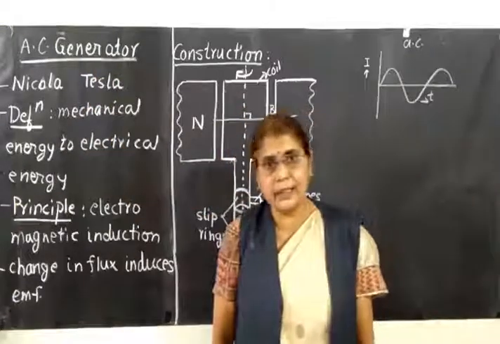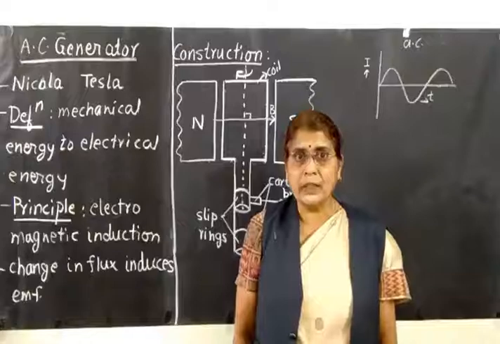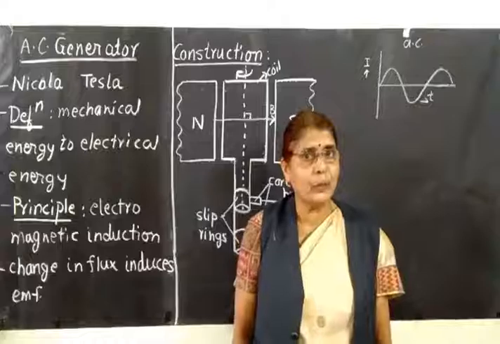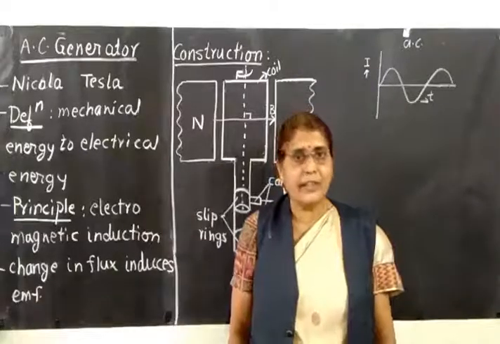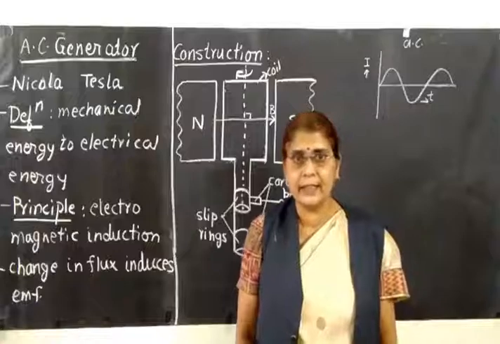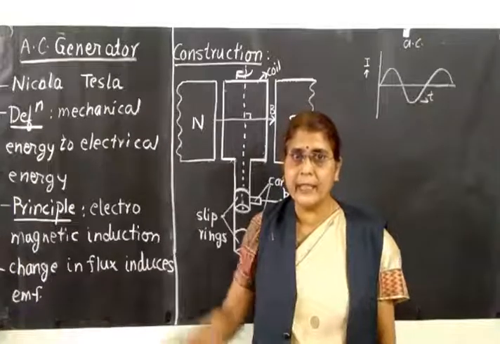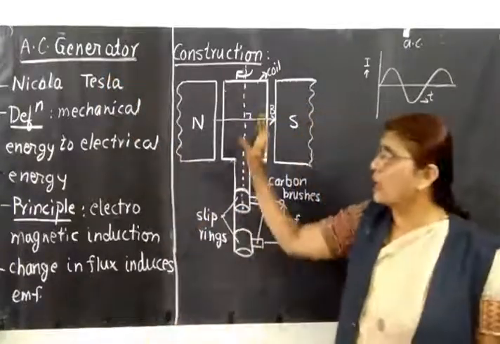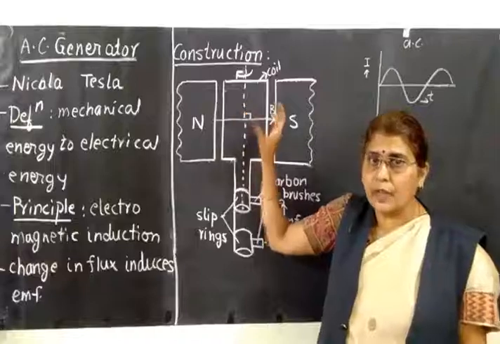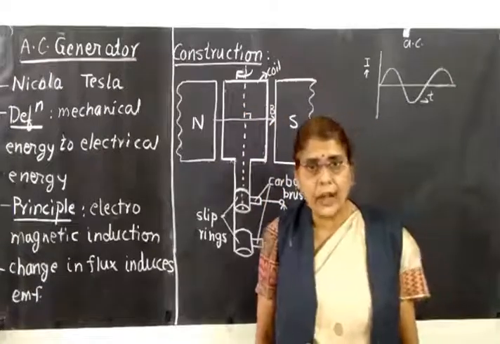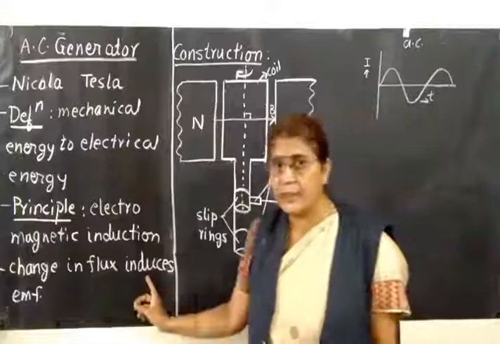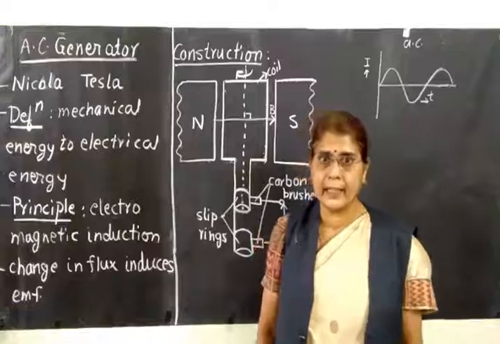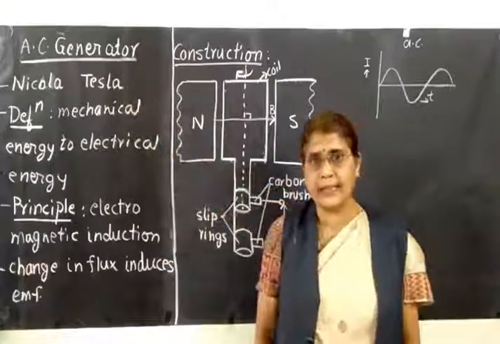Now what is the principle of this AC generator? So this is based on the phenomenon of electromagnetic induction. In this chapter, electromagnetic induction, many times I have told you, whenever there is change in flux linked with a circuit, an EMF is induced in it. The same principle is used for this AC generator. So here what is done is, a coil is rotated in a magnetic field. When a coil rotates in a magnetic field, the flux linked with it changes and an EMF is induced in it. So this is based on EMI, that is electromagnetic induction. So this is the principle of AC generator.